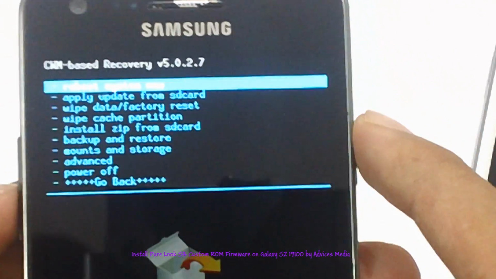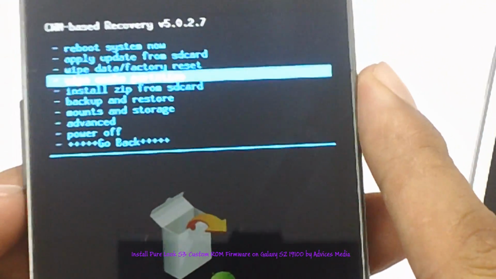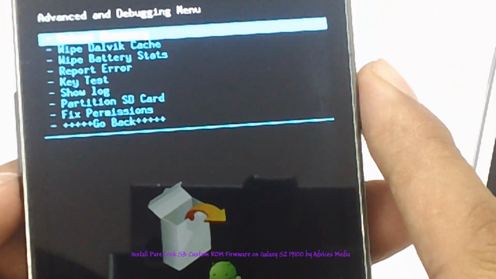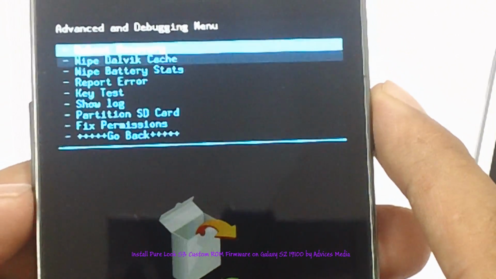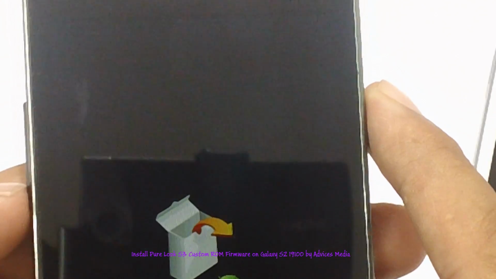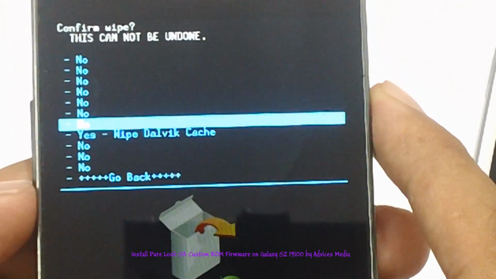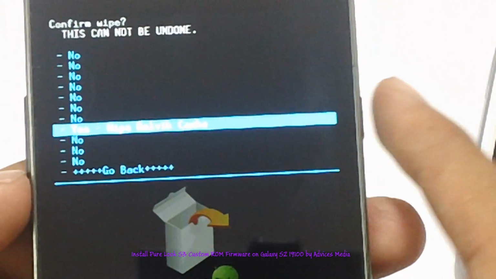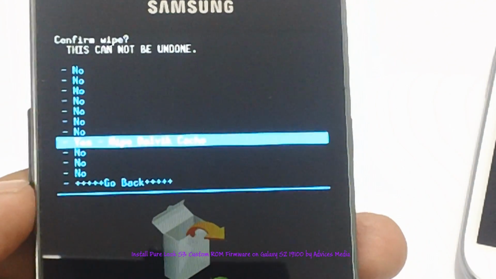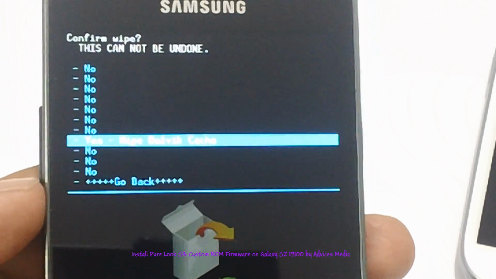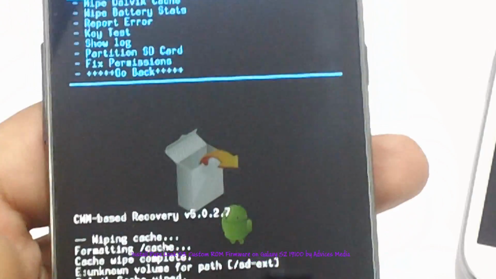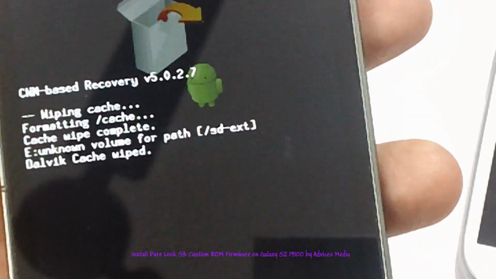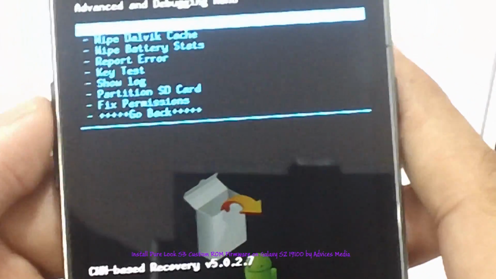Once you do that, you would get a log on the bottom of the phone. You need to select the option of advanced, and then here you need to select the second option, that is wipe Dalvik cache. Please note that this option is generally suggested when you have already installed a custom firmware on your phone and then you are trying to install some other firmware. Then you need to select this option and then tap on OK, and you are done. You would get a message which says Dalvik cache wipe. Next,